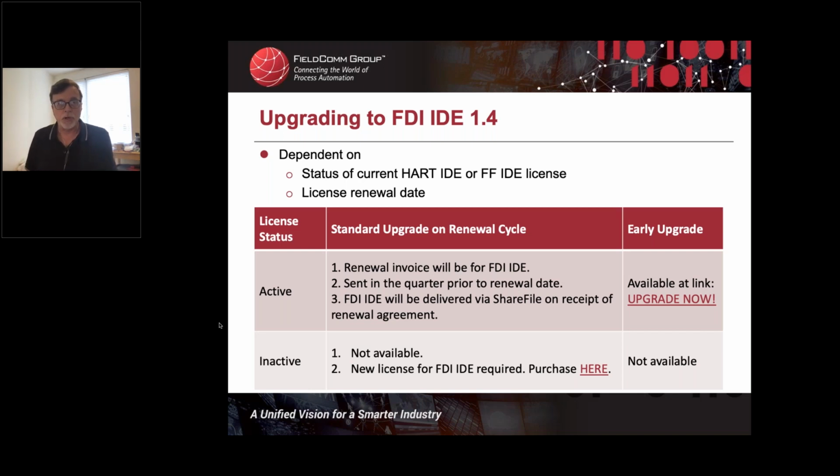If your renewal date for your existing tool set is February of 2020, sometime in the next few weeks, you'll be getting an invoice from our accounting department indicating that your license is up for renewal, and that when you renew, you will be transitioned to the FDI IDE 1.4 release. Once you've consummated that transaction, we'll deliver the new IDE to you via ShareFile, like we deliver a lot of our software